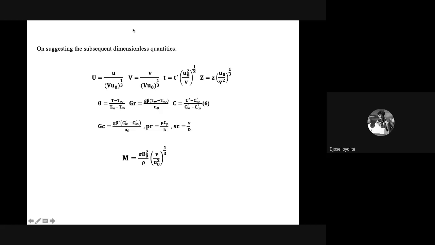And here I have also considered the magnetic field parameter, that is M. The first 2 equations are very difficult to solve, so by introducing a complex velocity Q equal to U plus iV, the first 2 equations have been reduced into a single equation, that is equation 5: dQ/dt equals Gr theta plus Gc C plus d²Q/dz² minus MQ. And this is my boundary condition, that is Q equal to t², a parabolic flow past. At t equals 0, theta is equal to 1 and C is equal to 1.